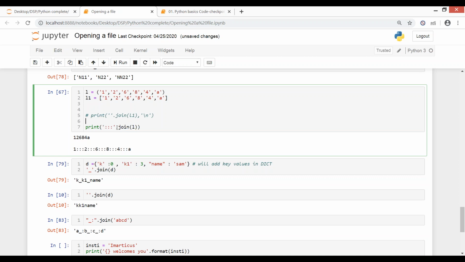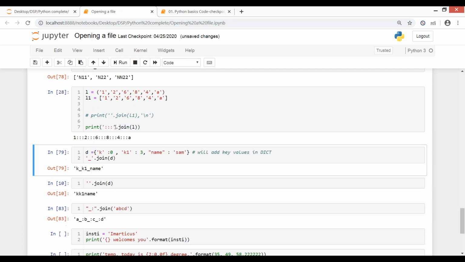So I want to join the values from L using these three columns. When I run this, you see this is my result. Initially, what was my L here? 1 2 6 8 4 A. And when I give this as my joining operator, I'm able to see the result this way.